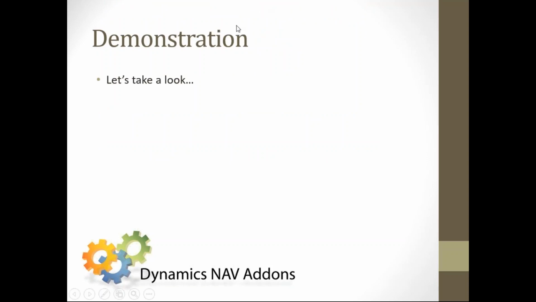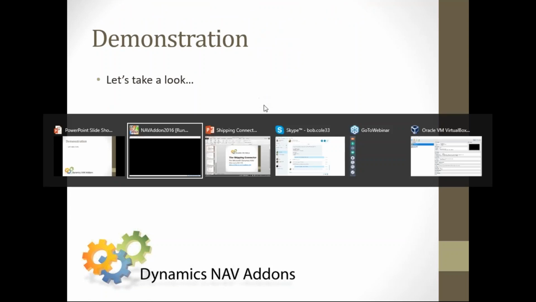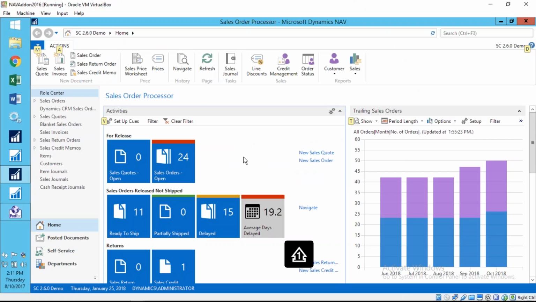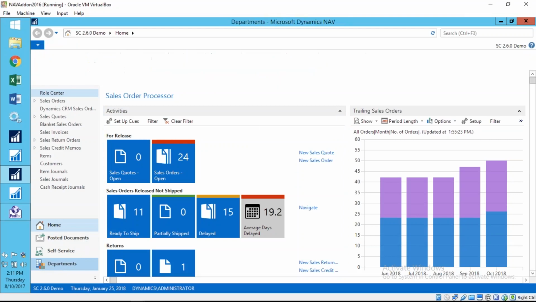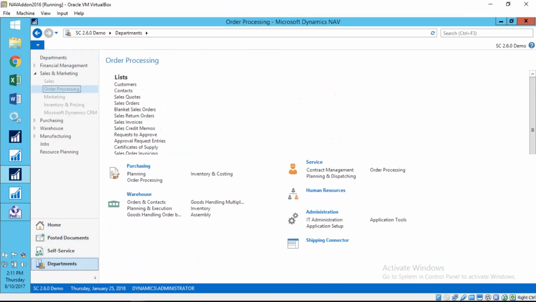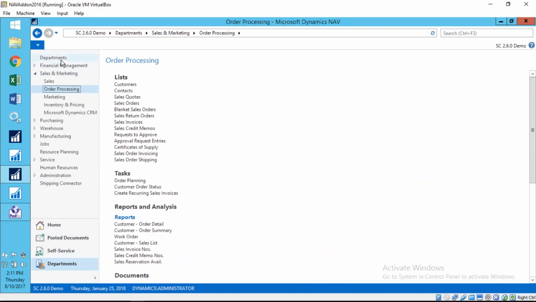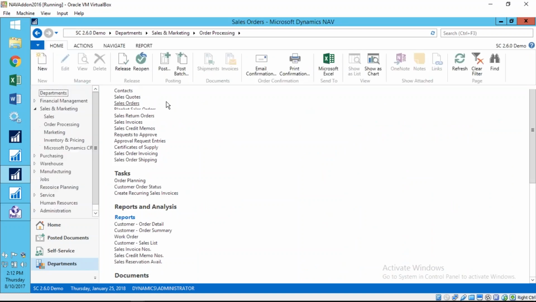Okay, so let's take a look at it. With that in mind of what it does and doesn't do, let's jump over to NAV, and we are showing today NAV 2017. This will look and function the same for 2015, 16, and 17. So if we go to departments and we go to order processing, and we're going to create a new sales order,